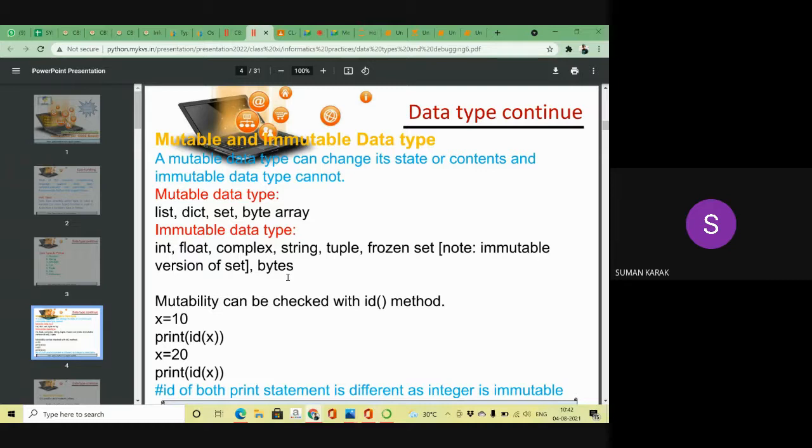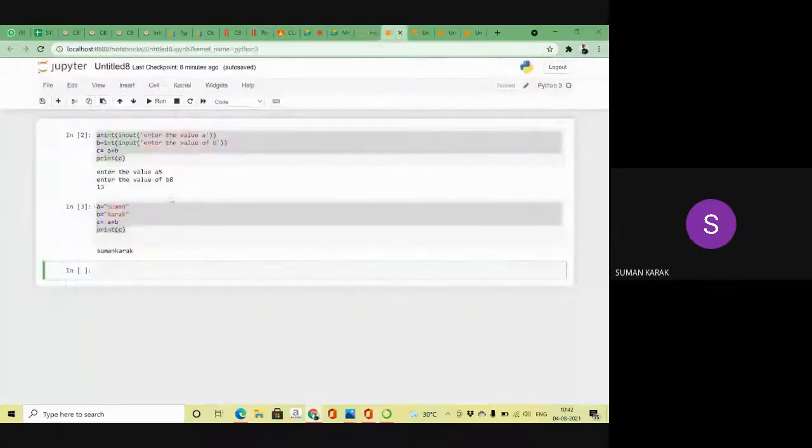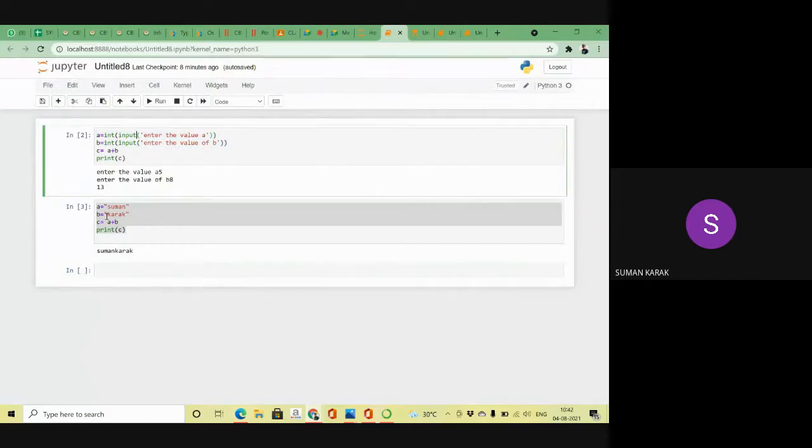In a mutable data type you can change the value. So you can see in this program, I write a is equal to Suman, b is equal to Karak, and c is equal to a plus b. All are string values.